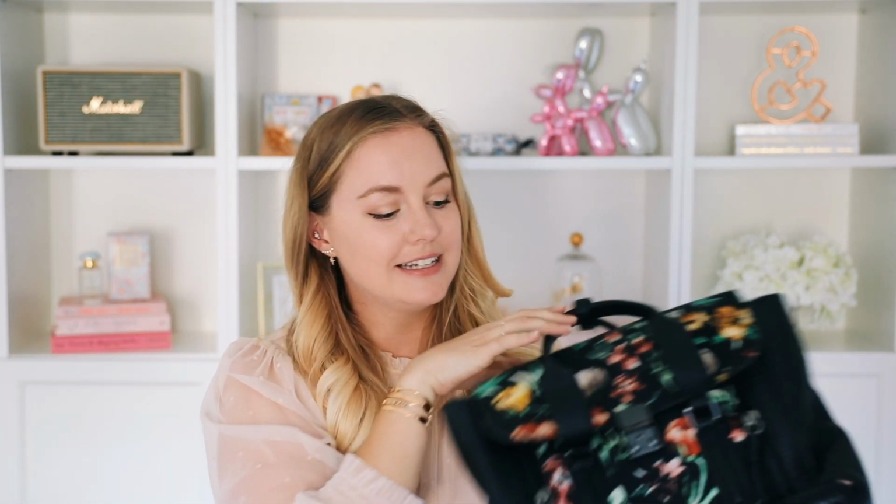I have two Paisley bags from Phillip Lim. This is the first one that I got years and years ago. I thought it was the most beautiful bag back in the day. I was always using this bag because I could fit my laptop in it, so it was the perfect work bag. It was a perfect bag to take to meetings or traveling,